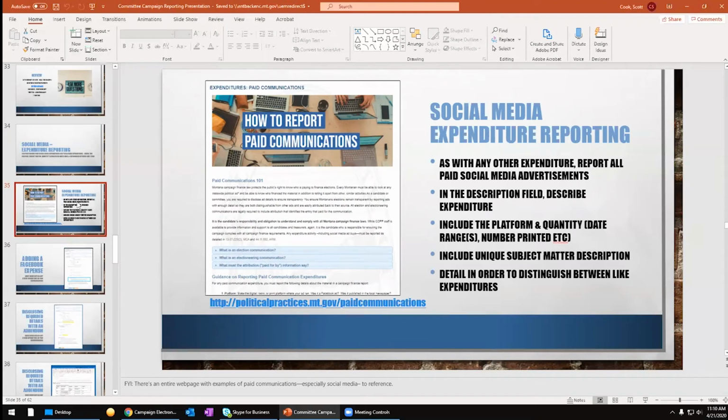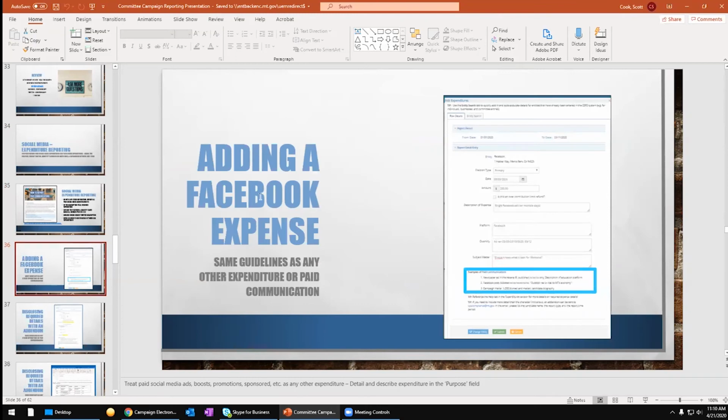So you still need to provide a brief description of the content of the ad, and you would still need to describe the run dates of the ad in the quantity section. Just because it's a social media ad doesn't mean you don't have to report quantity or description information. You still need to provide that. So if you're adding an expense from Facebook, for example, we have an example here on this slide about how you would do that. It's the same exact process as it would be for a newspaper ad, as it would be for